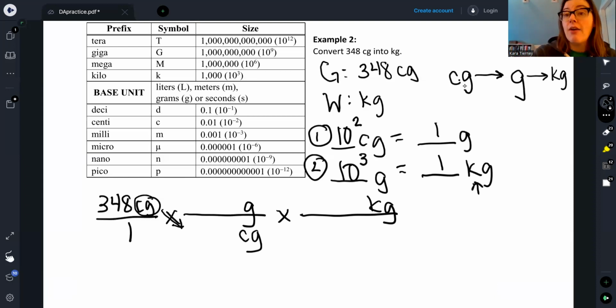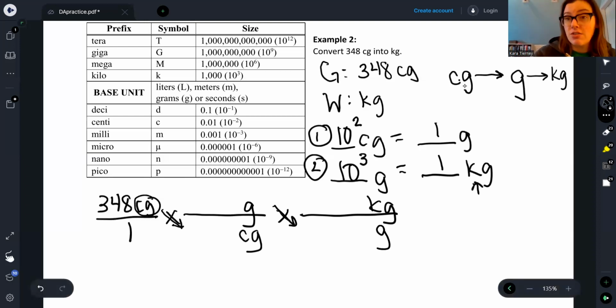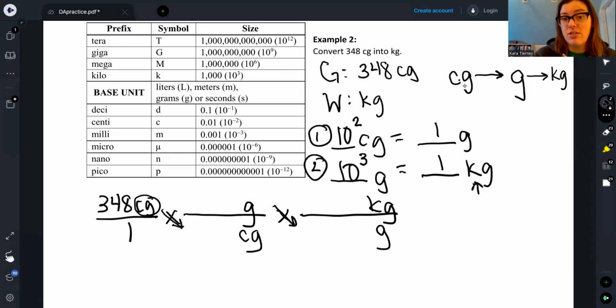And then the top of that fraction gets written down in the bottom of our last fraction, so that one cancels. After everything cancels, that leaves us with the very top unit. In these problems, your given will always be the top of the last fraction, no matter how many fractions you